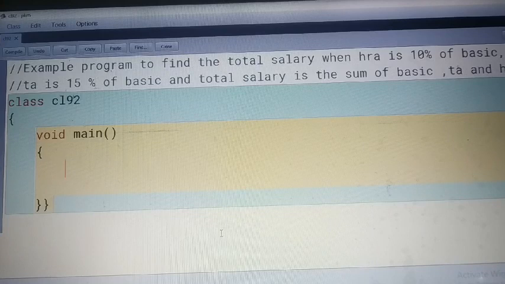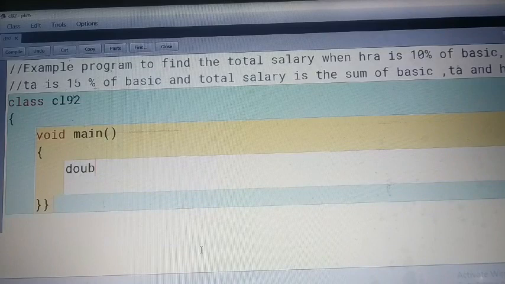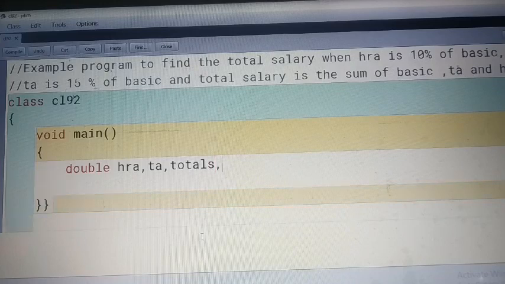What will be their type? That is important, means what will be their data type? So we are taking all as double type: double HRA, TA, total salary TS, and basic BAS.